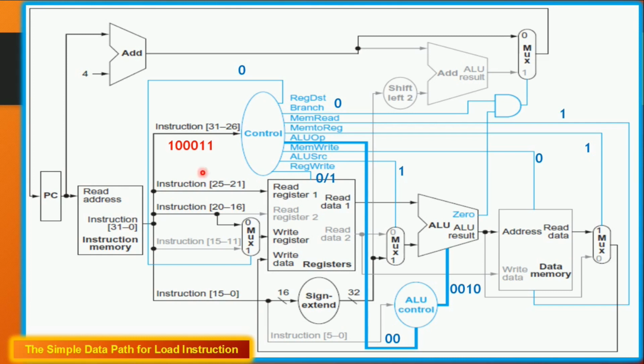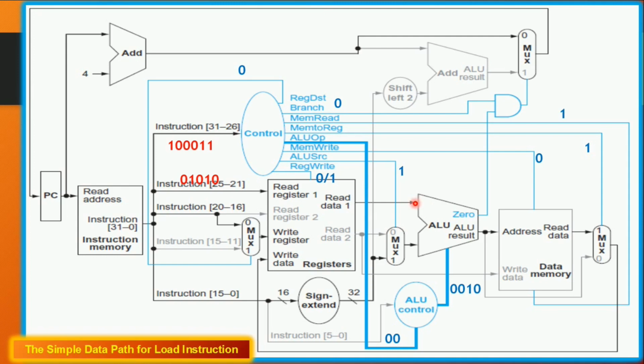Okay. So initially I have to fetch the data of the base register based on the base register number. Base register number is 10, it is T2. So that register number will be traced and the data will be fetched and loaded to the ALU. The second source of the ALU is from the 16-bit offset value. We can't add a 32-bit as well as a 16-bit. So the 16-bit offset value is sign extended to 32-bit and it will be selected through this multiplexer by asserting ALU source.